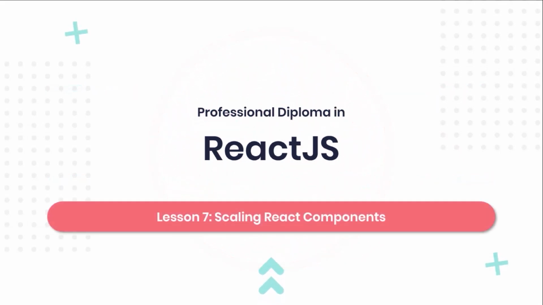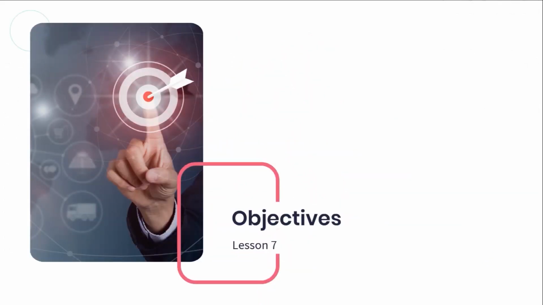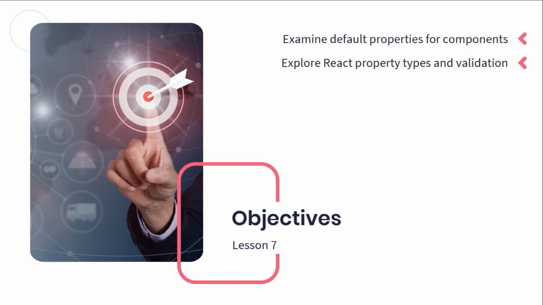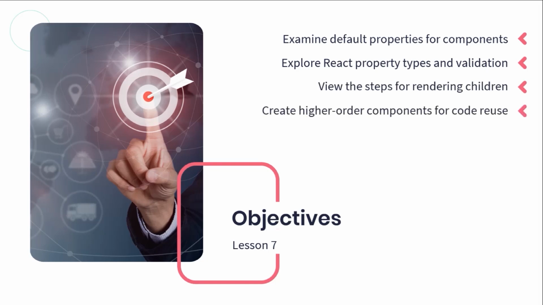Can you believe that we're almost finished with our second module of the course? In today's lesson, we're going to examine default properties for components, and then explore React property types and validation. And then we'll move on to viewing the steps for rendering children, and we'll finish off with creating higher order